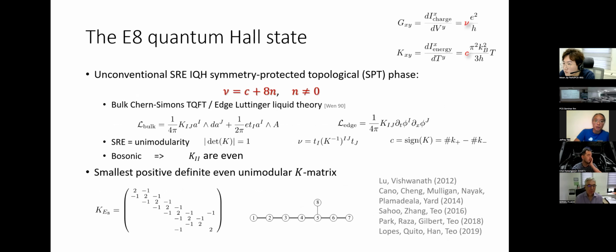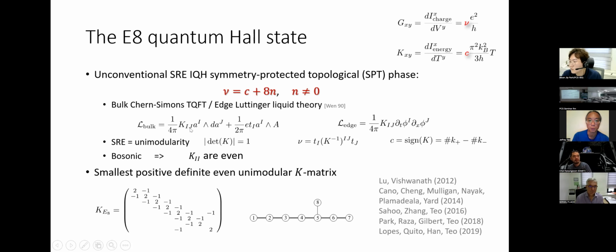But so this is the construction. We can try to first construct using an effective topological field theory from Chern-Simons. On the left equation here, that's the Lagrangian density of the 2+1 dimensional bulk. The most important quantity is this K matrix K_ij. Here I'm using multiple U(1) components, with gauge fields given by small a. And the topology is encoded by this K matrix.